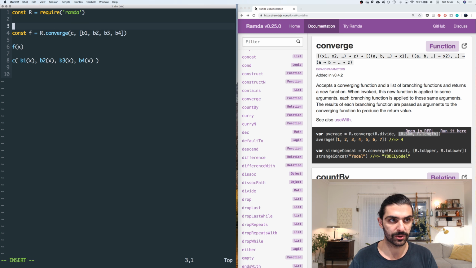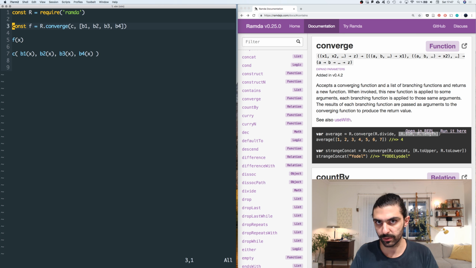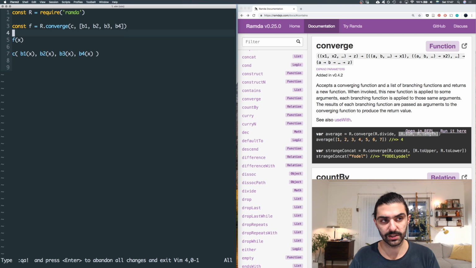So this is, again, assuming there's a function called c, and there's a function called b1, right? But I mean, we're just using some arbitrary variable names and assuming that we already have definitions for these functions. Sorry. Okay, but